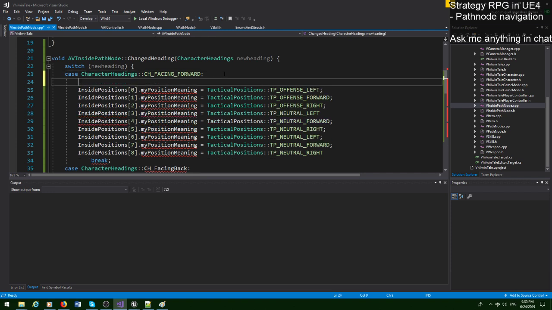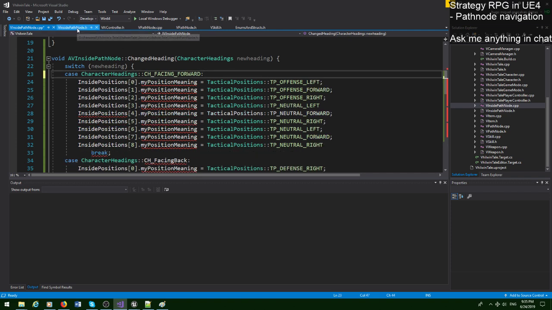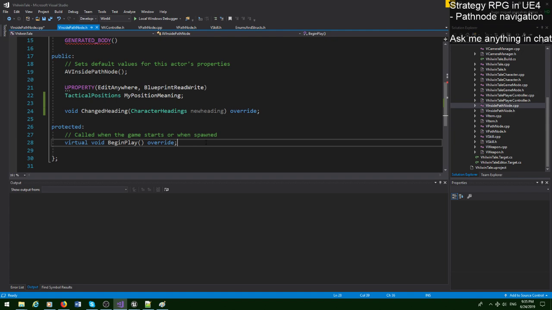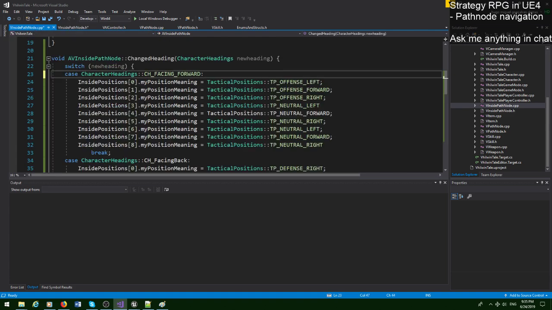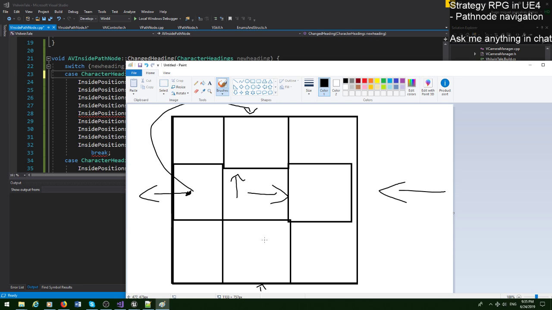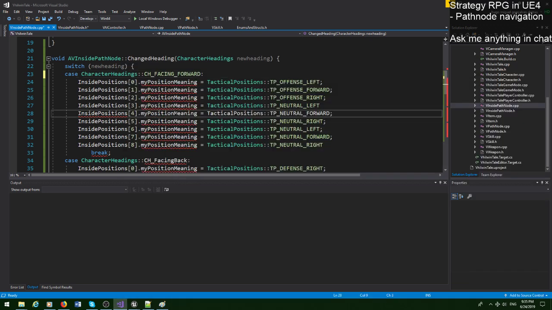I'll add an int32 index. The problem I'm facing here is purely a problem of code design. I want this position meaning for the inside path nodes, and each inside path node has a position meaning. Whenever a character is in the bigger path node and he decides to change his heading,